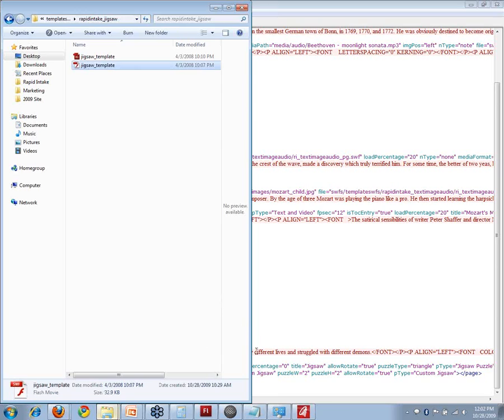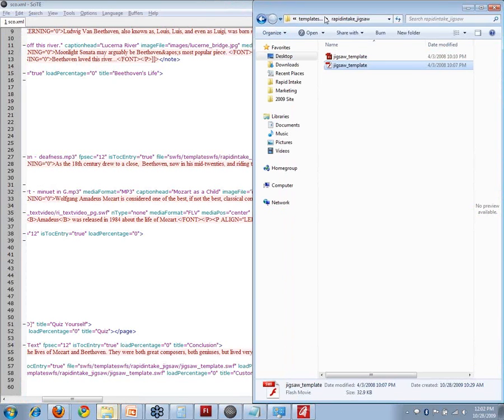Okay, that's the path that we have right down here. Swifts, template Swifts, rapid intake Jigsaw, Jigsaw underscore template Swift. This is one of the most common problems when you're building custom page templates, is not getting this right. So you've got to have this path exactly right